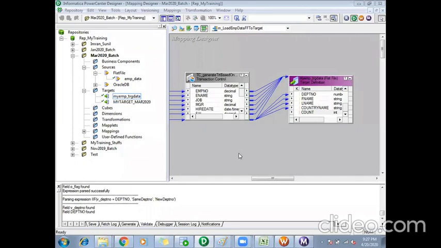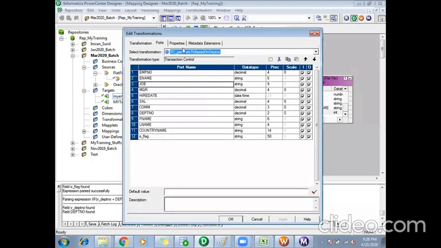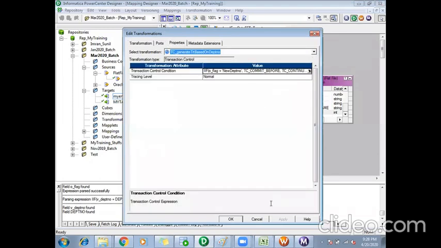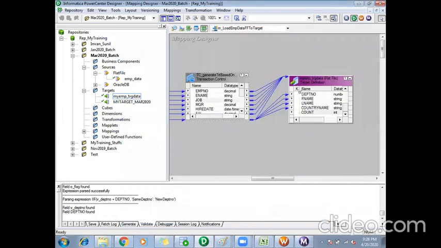So as I told, this transaction control will dynamically create the target files based on the condition I have given here. So I have to give the names for these files. I have only a single target here, but based on the source record, it will dynamically create the files.